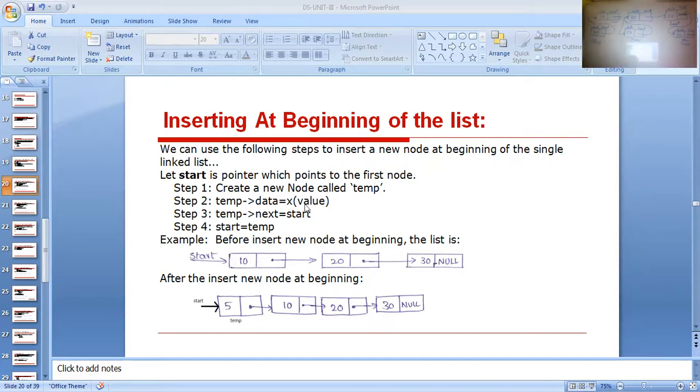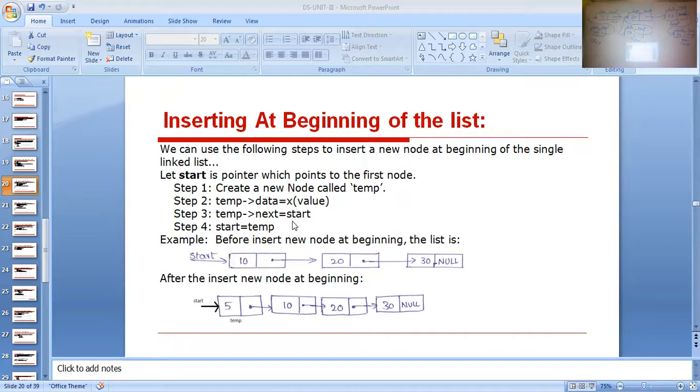Clear? Temp to next equal to start. New node to next equal to start. Am I right? Then the next one is start equal to temp, start equal to new node. Clear all of you?